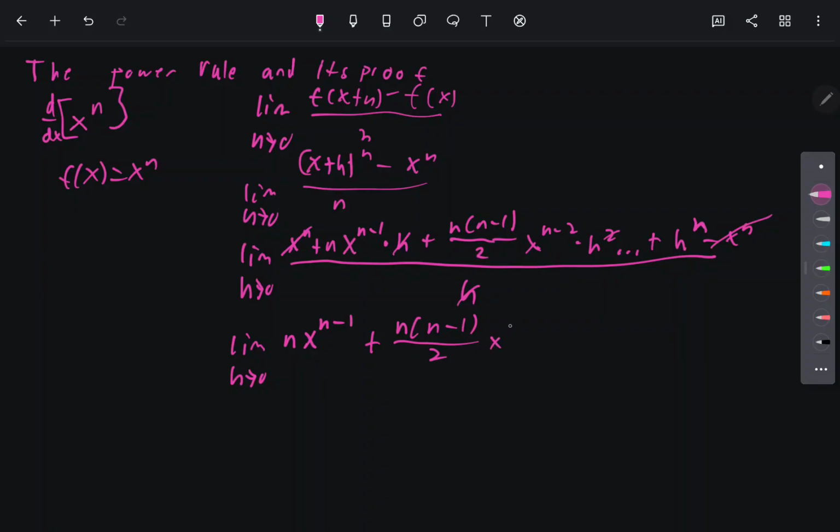Times x to the n minus 2 times h, dot, dot, dot, plus h to the power of n. Well, the cool thing about this is, because all of these terms other than this one have an h, everything else here is just going to go to 0 as this limit approaches 0. So really, this d over dx of x to the power of n,